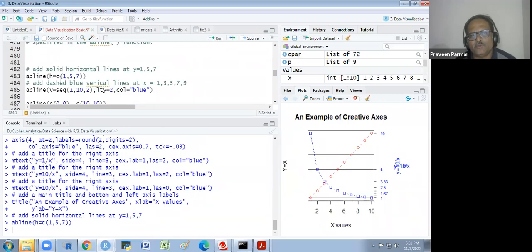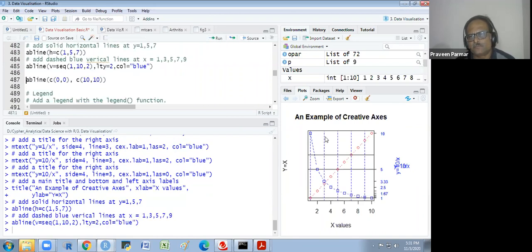This abline I am using horizontal, 1, 5 and 7. Okay. And the vertical line I am also using, 1, 10 and 2. This vertical line I have used.